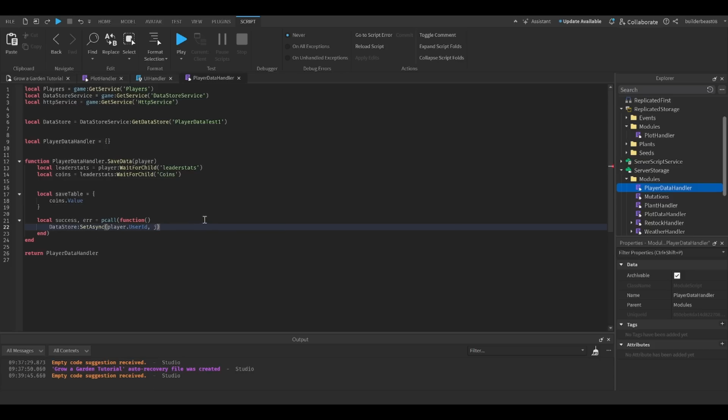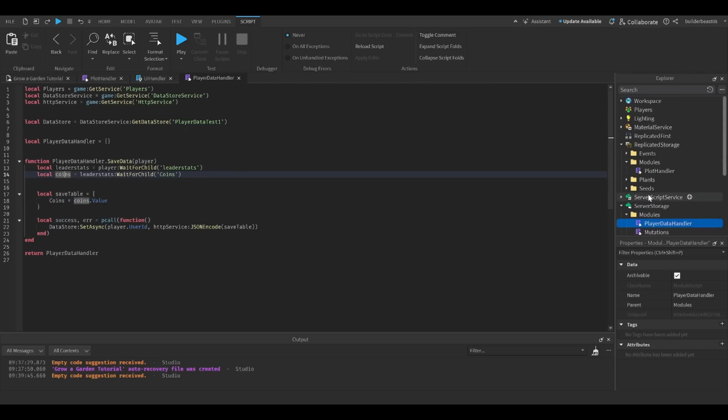We can do a JSON encode on our save table, which means we should be able to save it as coins equals this, so we have the dictionary. You can change this to your currency, because you have it set up in player setup or whatever. And then if not success and error, then